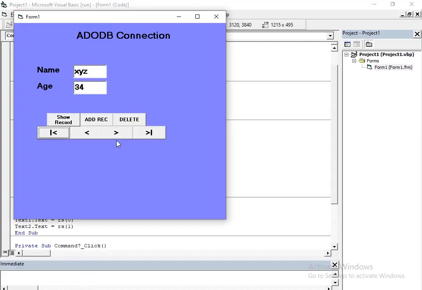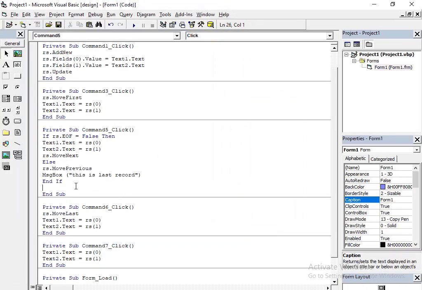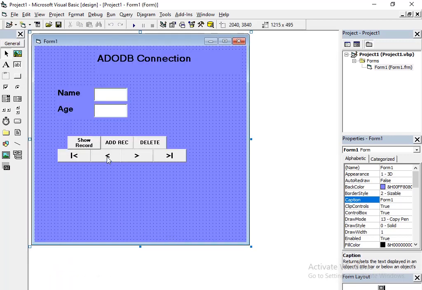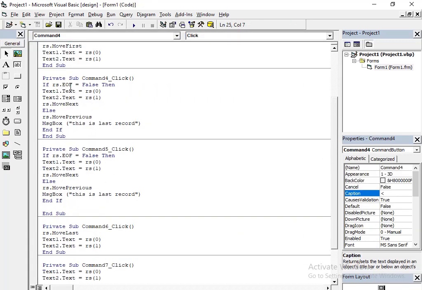Right, first record and last record. Okay, same code we can use for previous. The only thing which we have to change is, instead of end of record we have to check bottom of record, and if the condition is false, move previous as long as it reaches the bottom of the record.